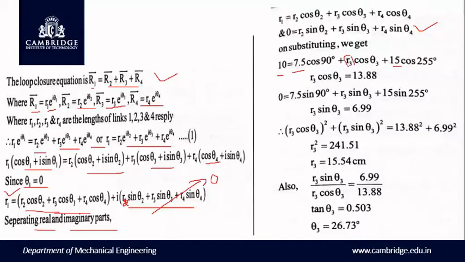The link 3 magnitude is unknown. Hence we have 2 unknowns and 2 equations, that is theta 3 is unknown and R3 is unknown. By solving the simultaneous equations, we can easily solve. Solving for R3 and theta 3, we got R3 is equal to 15.54 centimeters and theta 3 is equal to 26.73